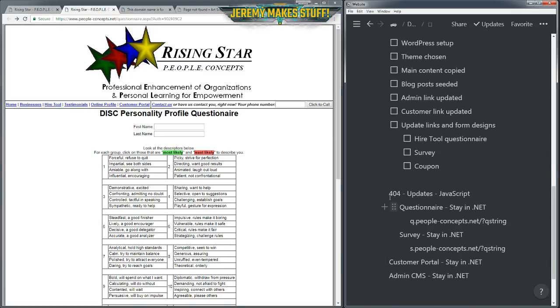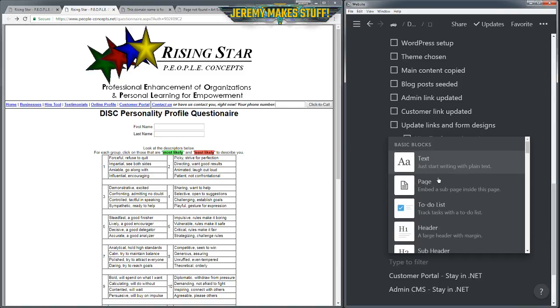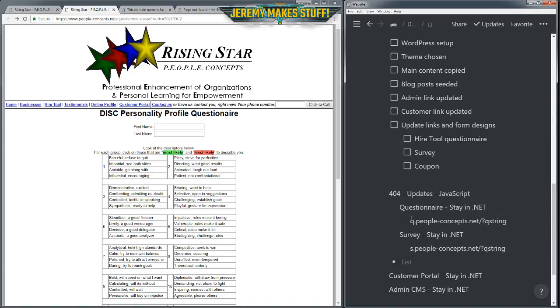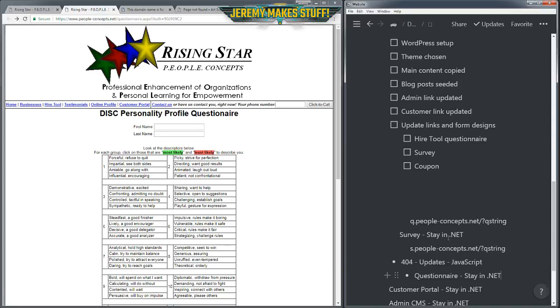All right, let's see if I can change this to a bulleted list. Well, that kind of worked. Not really, it made a new bulleted list. What is going on here? There we go. Okay. I'm still getting used to using Notion as well. It's pretty neat.